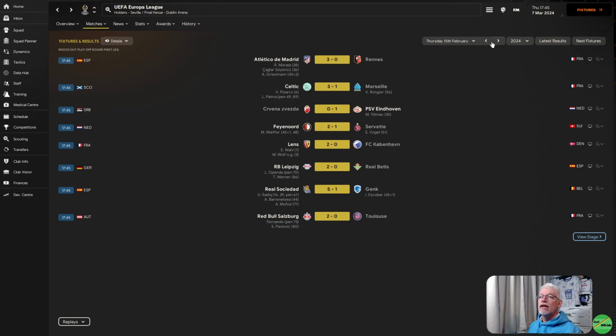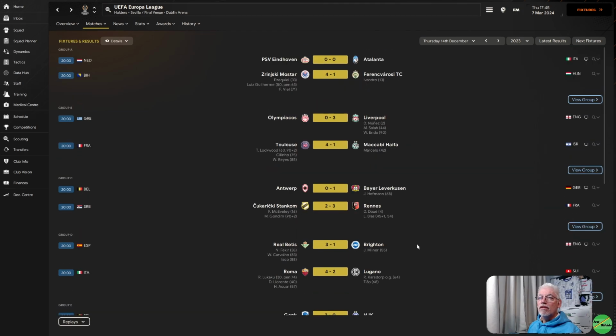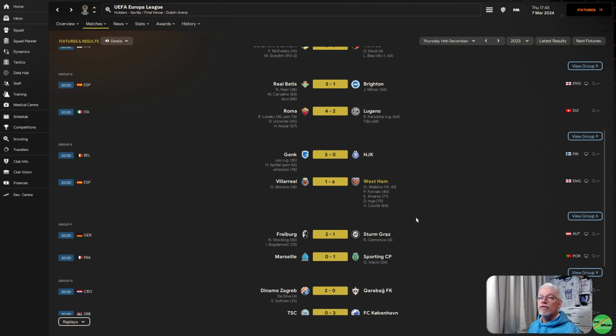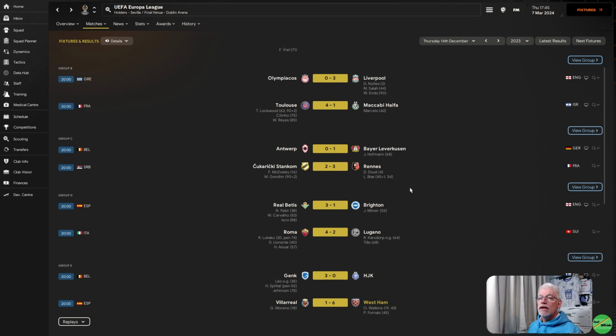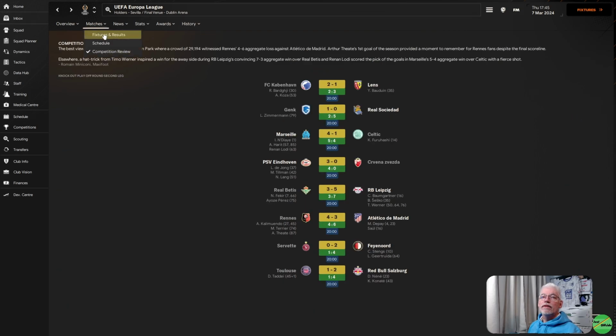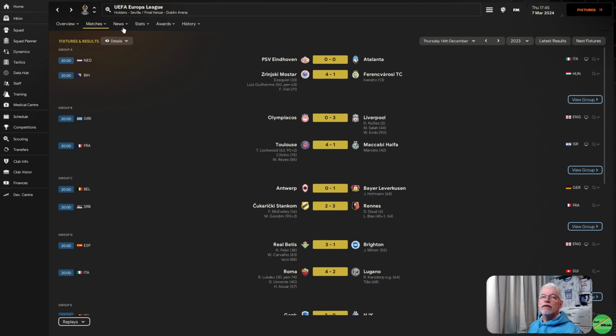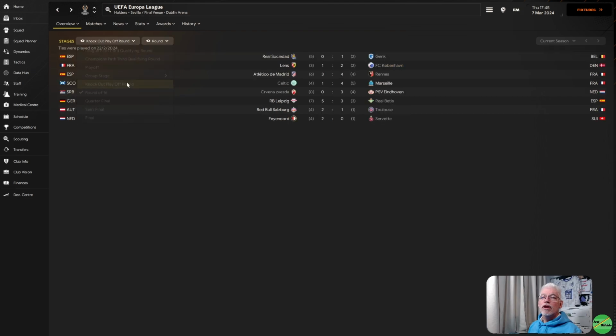How did they do? Can we see how they got in their group? Where is their group? Let's have a quick look. See if we can find them. Lens. Or are they one of the sides that dropped out of the... because some of the sides do drop it. Let's have a quick look at... you got to remember how to do this stages. Round of 16. Knockout round. Were Lens in the...